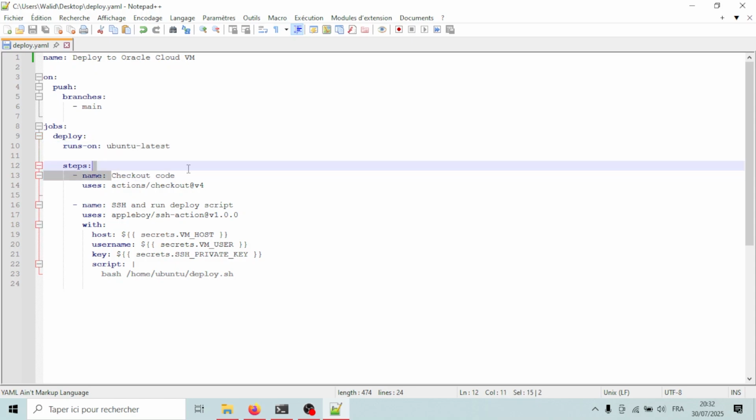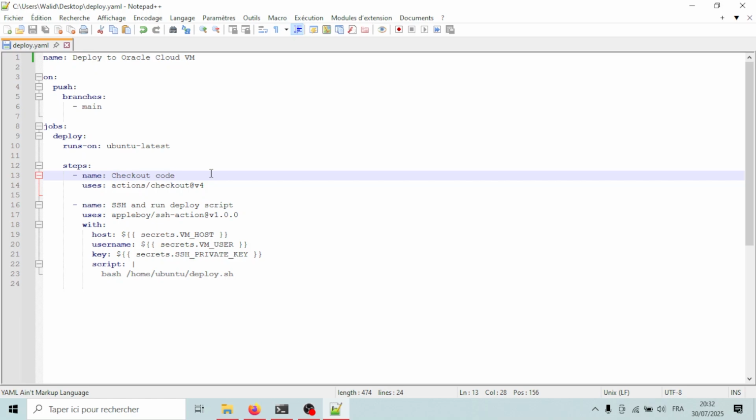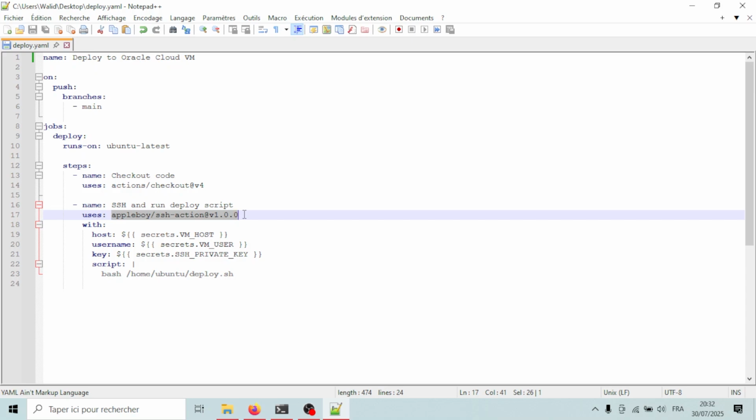So the first step of our job is to check out code. This will make the code available to our runner. Then we'll have an Appleboy SSH action version 1.0.0. This is the GitHub Action that will let us connect to our remote VM via SSH and